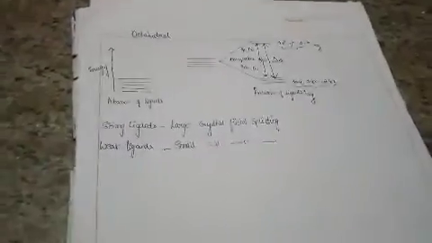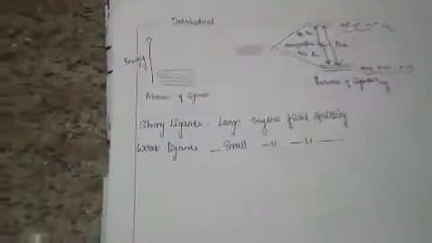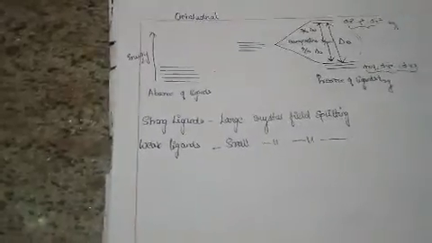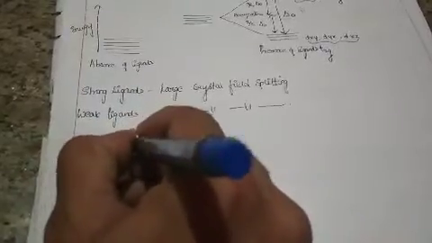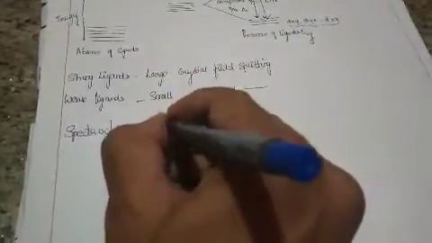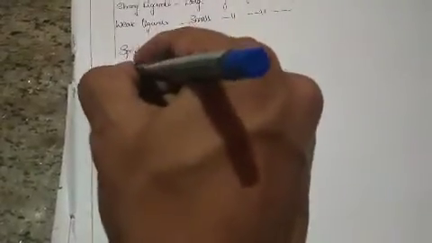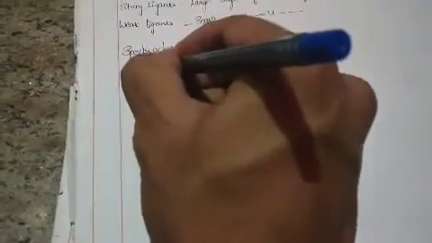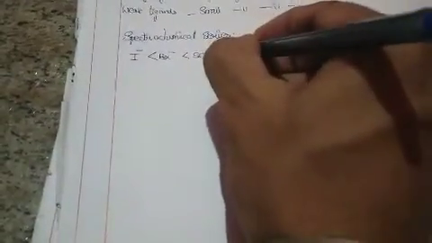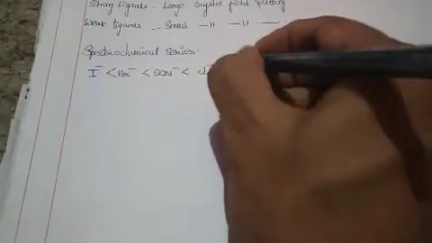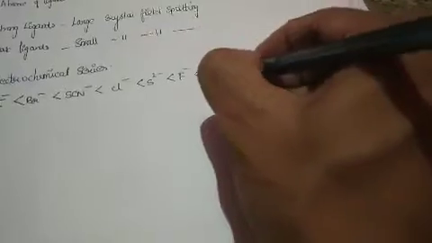By experimental demonstration, he also arranged a series of ligands with respect to their magnitude of crystal field splitting, and that series is called the spectrochemical series. According to it, the series lies in this way. First is iodide, which is smaller than bromide, which is smaller than thiocyanate, which is smaller than chloride, which is smaller than sulfide, fluoride, hydroxide, oxalate ion,